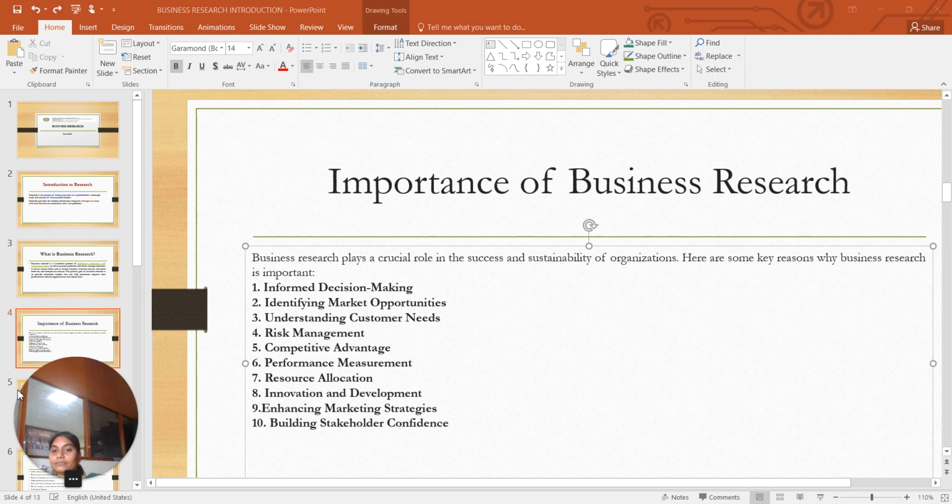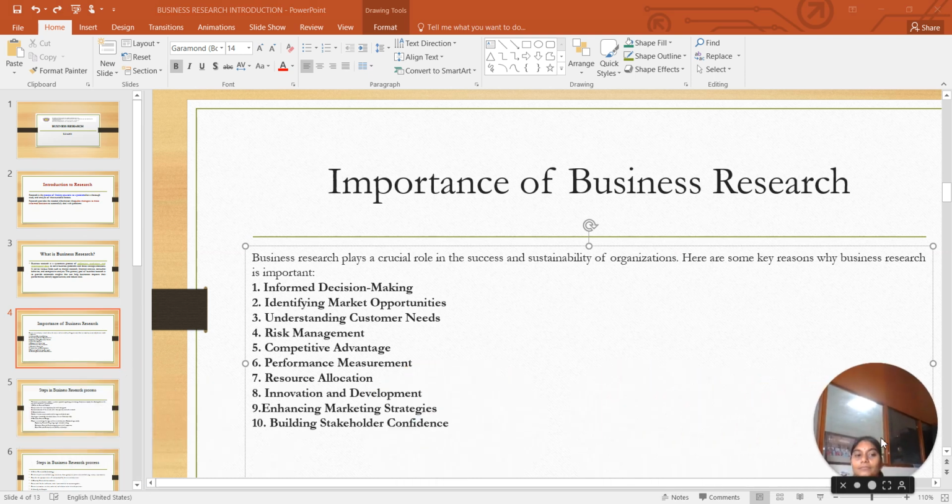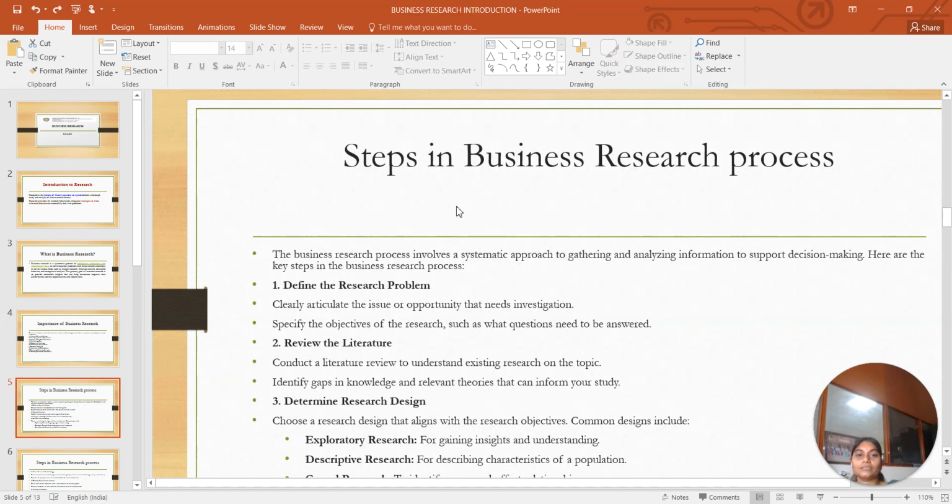And the next one is the steps in the business research process. The business research process involves a systematic approach to gathering and analyzing information that supports decision making. So the key steps of the research process are: first, define the research problem, clarifying the issue or opportunity that needs to be investigated, and specify the objectives of the research, such as what questions need to be